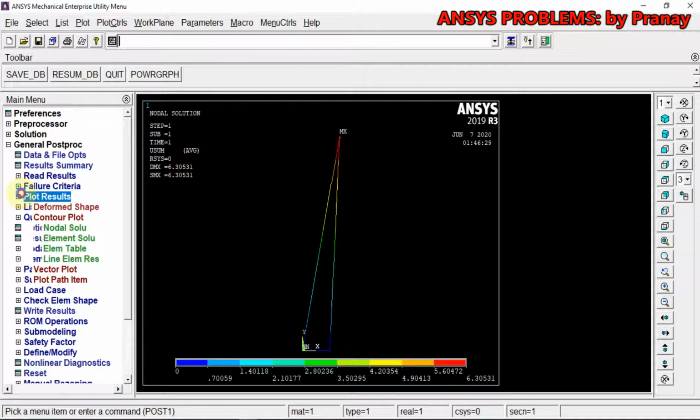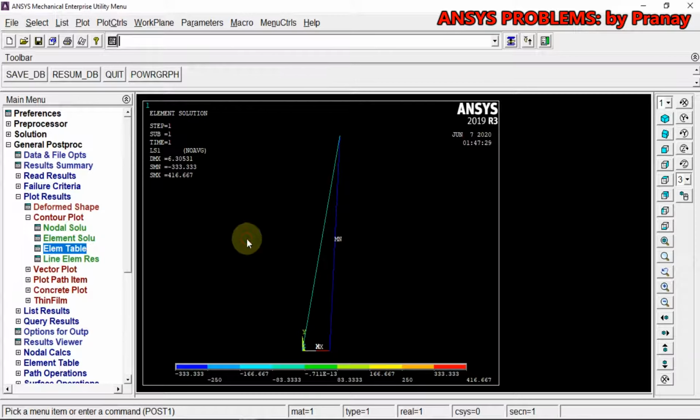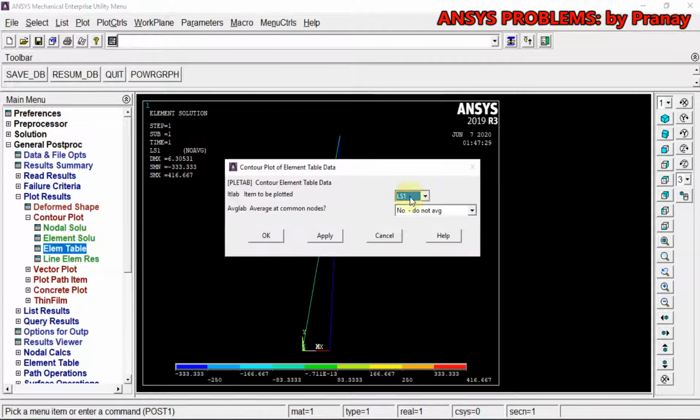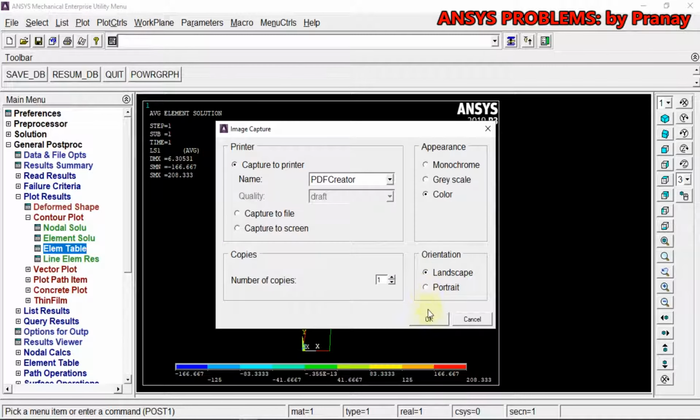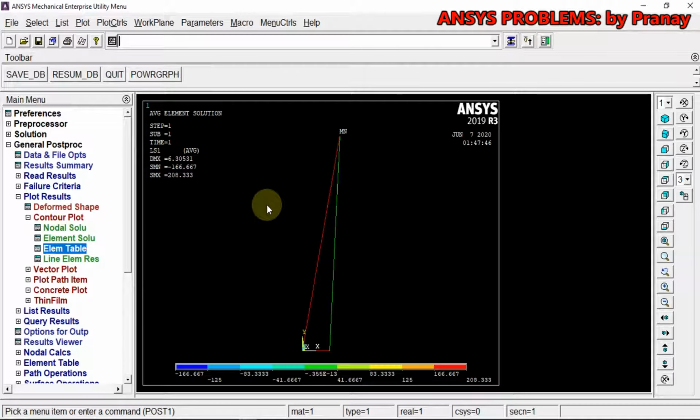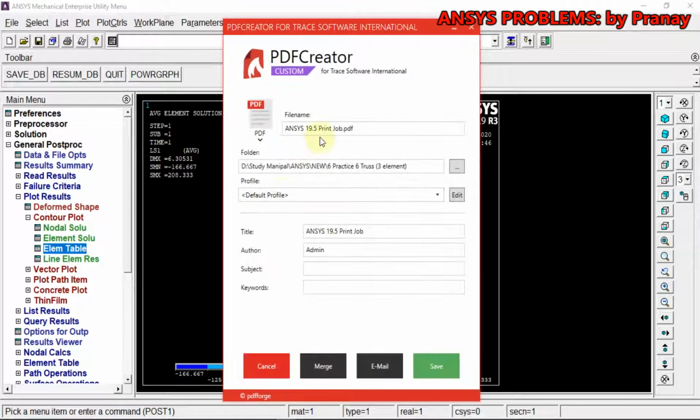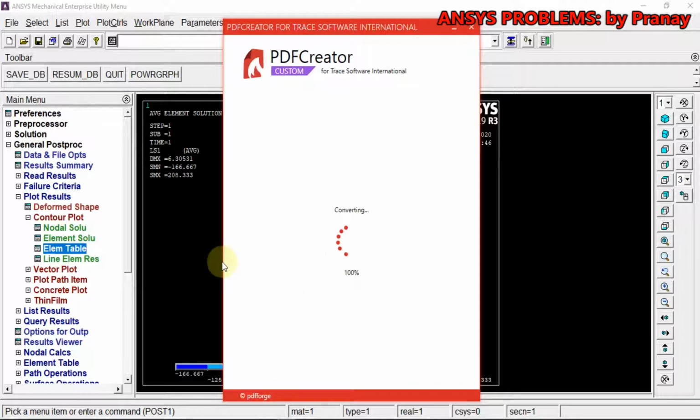Now I want to plot the element table, LS1, okay, average, okay. So this is what we are getting in the element table. You can go ahead and capture this also. Element table plot average, save.